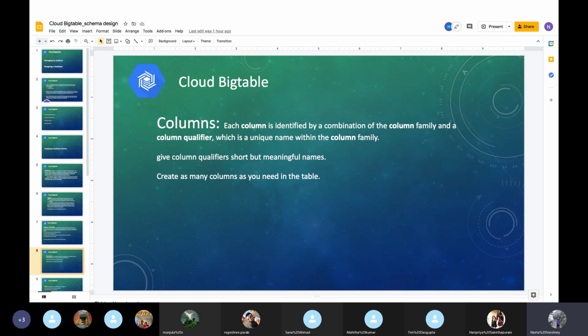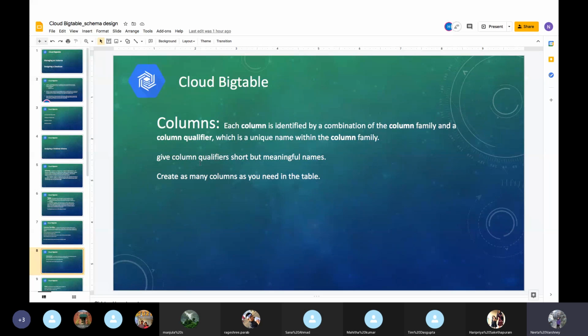Now columns. Each column is identified by a combination of the column family and a column qualifier. You can consider the column qualifier as the data, and it's a unique name within a column family. So we have unique names for our column qualifiers.